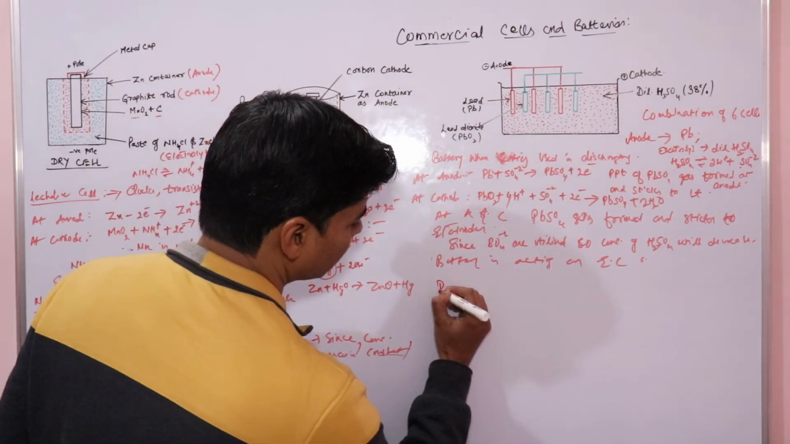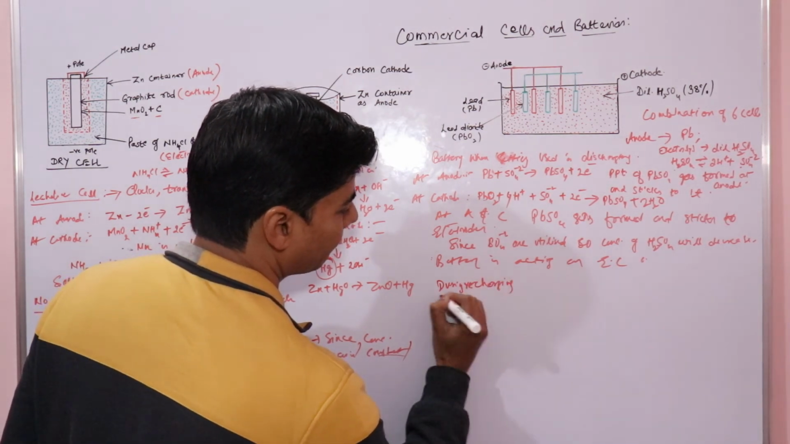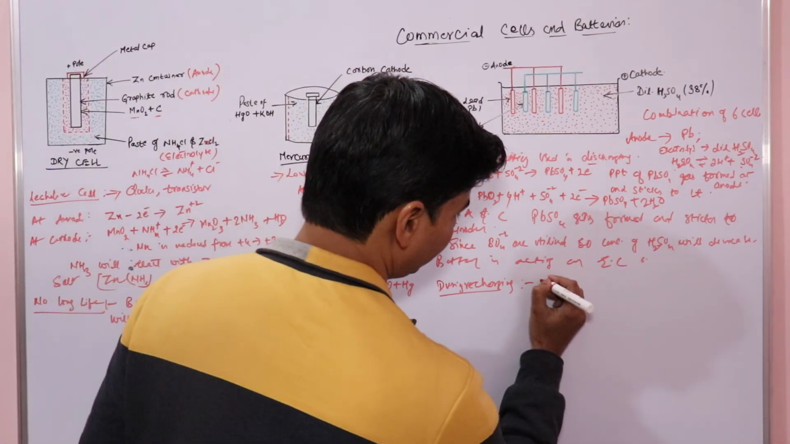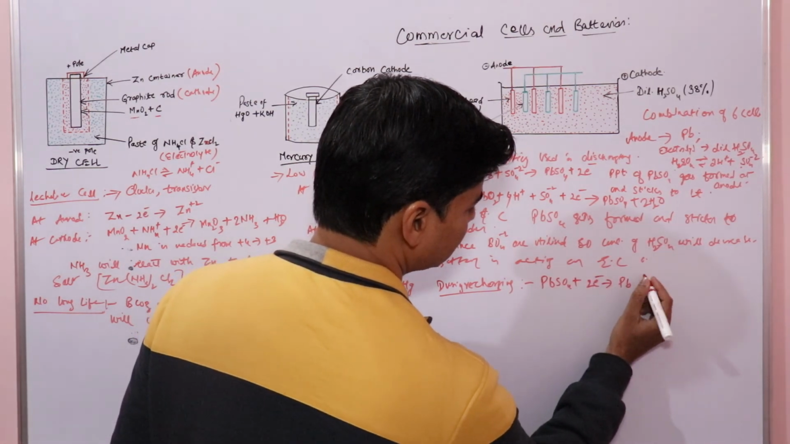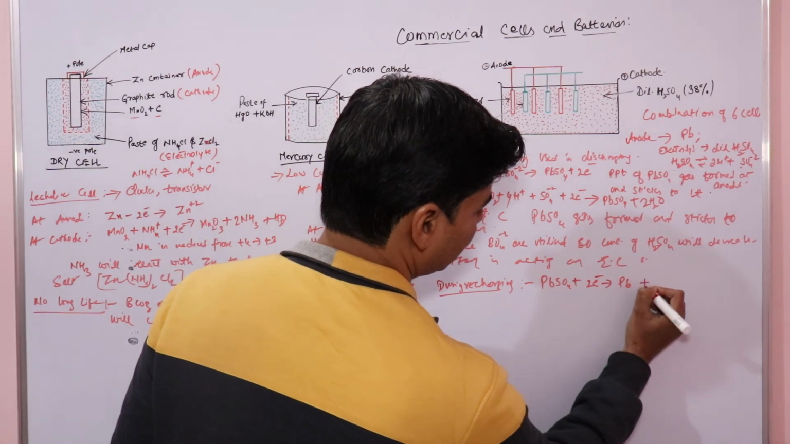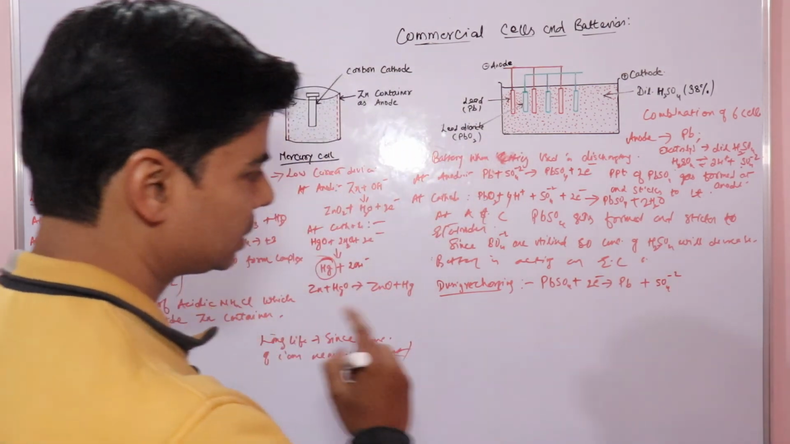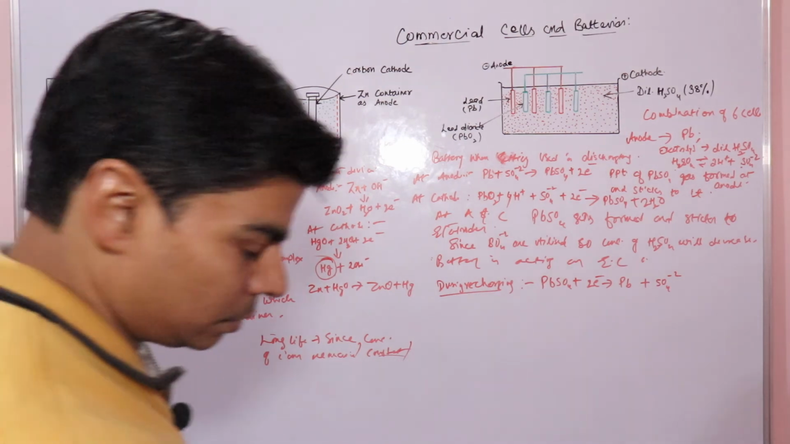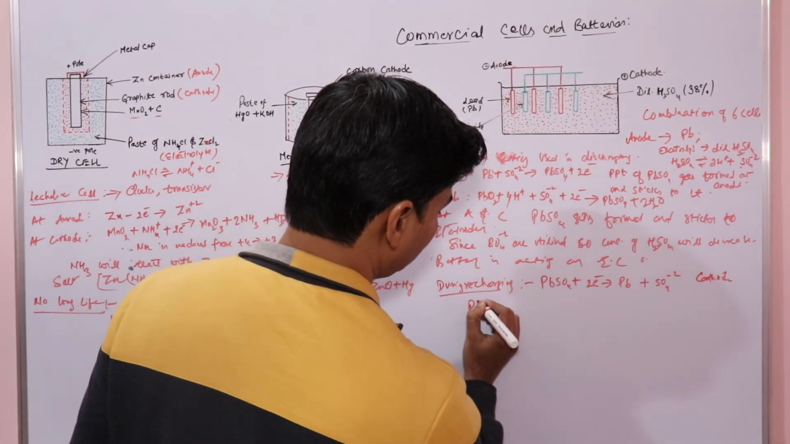So during charging, or we say recharging, let's see what will happen. Lead sulfate at the cathode will combine with 2 electrons to form lead plus sulfate ions, right. This reaction will take place at the cathode, and at the anode,